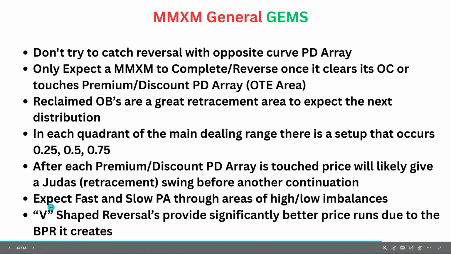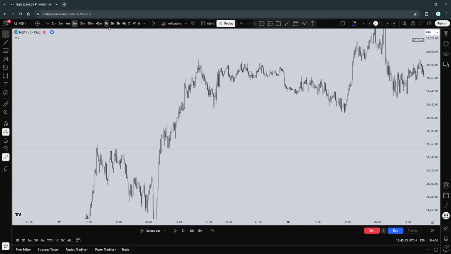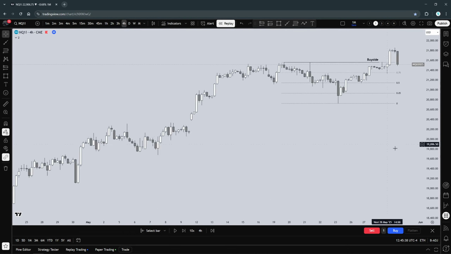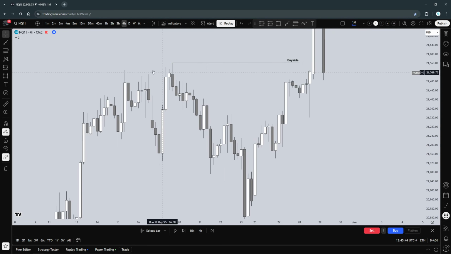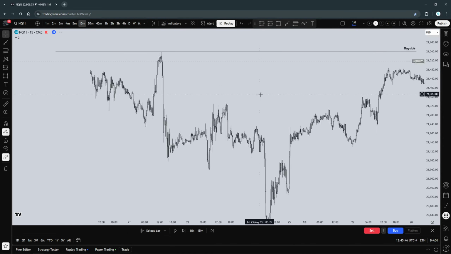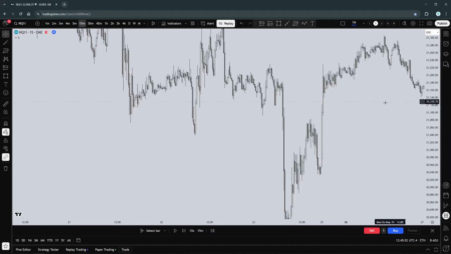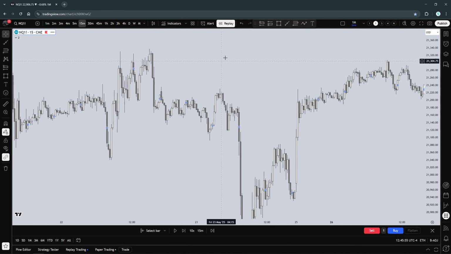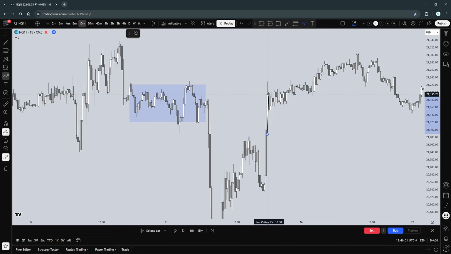Now, these are two nice, very important little gems that can help a lot with executions and making sure that you get higher probability and better moves. So expect fast and slow price action through areas of high or low imbalances, which sounds fancy, but ultimately it just means this. If we know price has had, let's use a lower time frame for this, if we know price is creating lots of areas of consolidation, so like this,